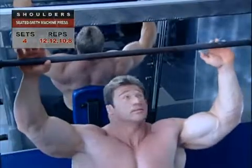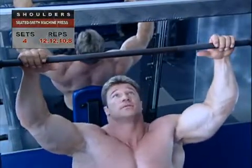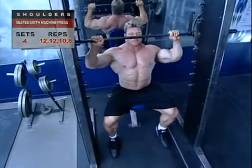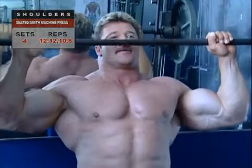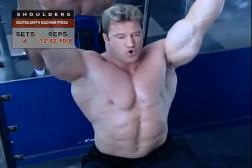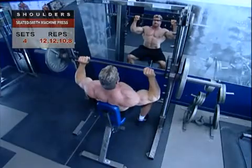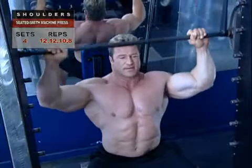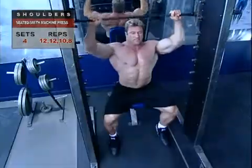Take an overhand grip on the bar, hands 4 to 6 inches wider than your shoulders. Unrack and lower the bar to the starting position. Now, while inhaling and holding the breath, use your shoulders to push the bar straight upward to arm's length, being careful not to lock your elbows. Pause at the top for a moment, then lower the bar back to the starting position and repeat with proper